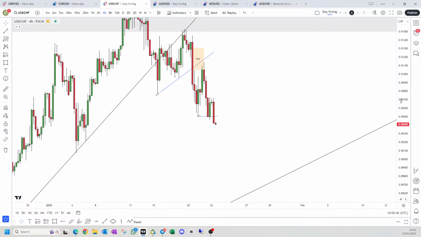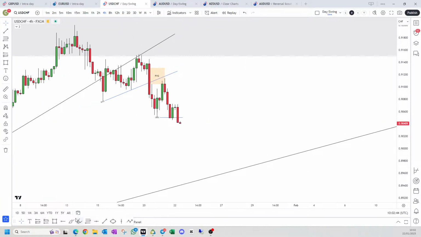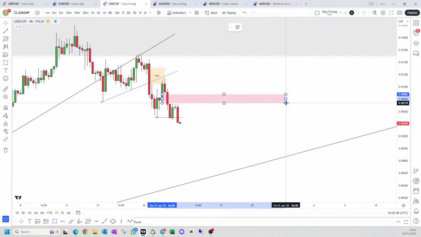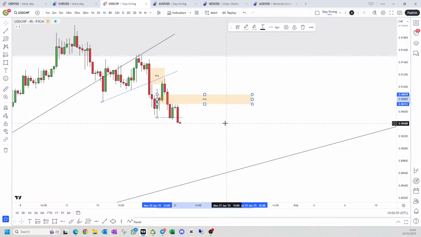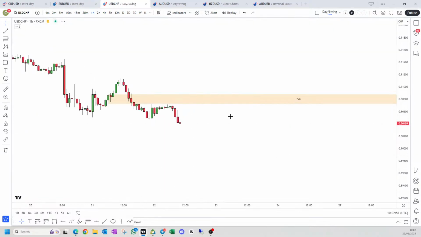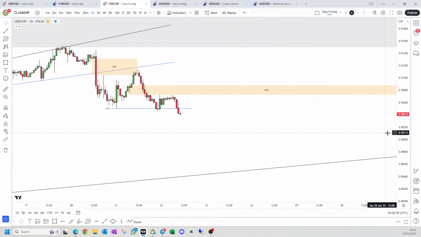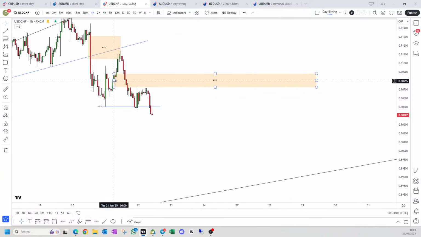In doing so, we've left behind this fair value gap like this. Okay, so that's a break. What we want to basically do